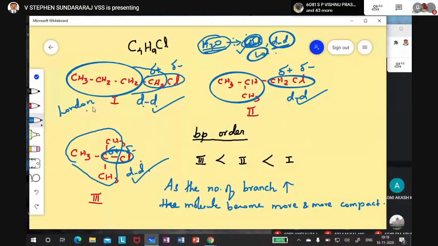Remember that. Because I have told you in the class also, the London force is a body interaction. How much surface area is available matters, because the electron cloud of one molecule will be attracted by the nuclei of another molecule. The electron cloud of another molecule will be attracted by the first molecule's nuclei. That means the electron-nuclei attraction will be throughout the body, because everywhere in the molecule electron cloud will be there, everywhere nuclei will be there. So larger the surface area, larger the attraction, the London force.